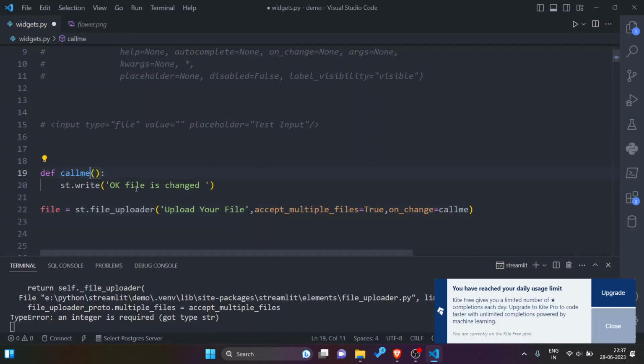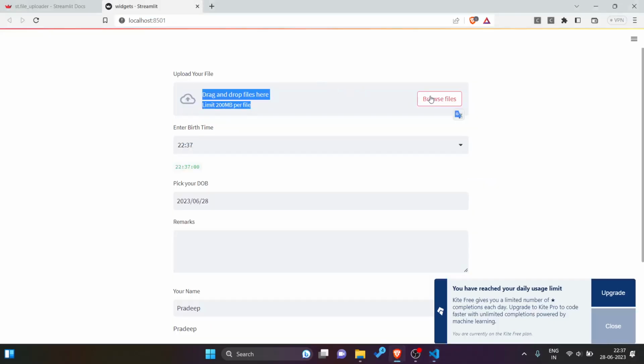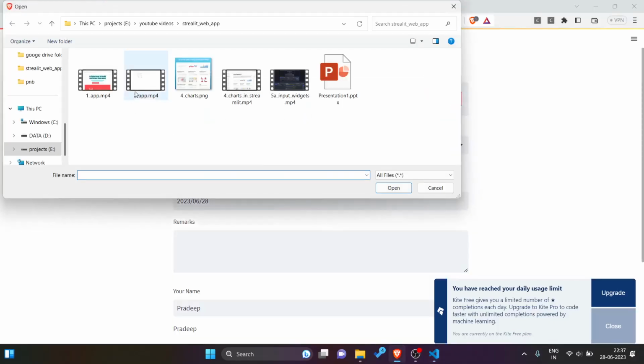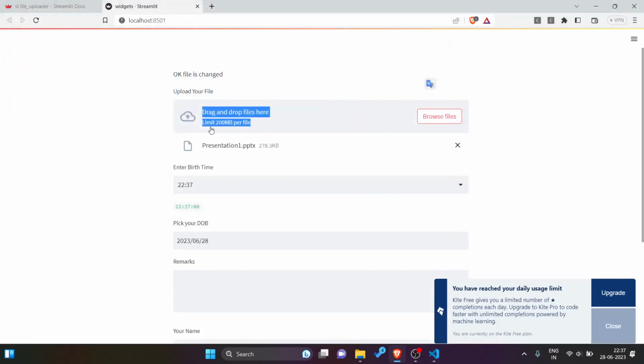It is saying if this file uploader anyhow changes, then call me. So let us see what happens if I select a file. This file has changed, so the call me function is called, and it has written okay, file is changed.